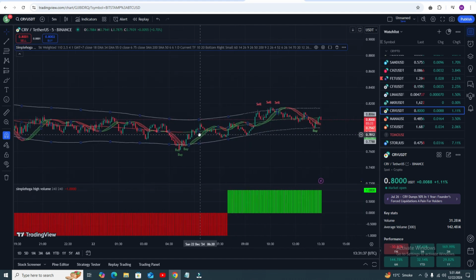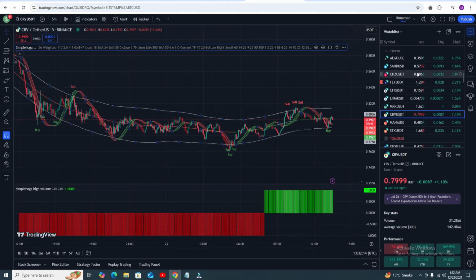Let me give an example. Here you can see you got the buy signal, the columns are green, so you need to go for the buy trade. But here the candle is almost below the middle line, so you can go for the buy trade, or you can book your profit at this point. But at this point you can clearly see you are getting the buy signal and there is strong buy volume, so you need to go for the buy trade, and it will definitely give you the profit.